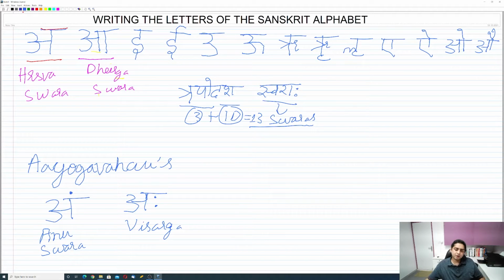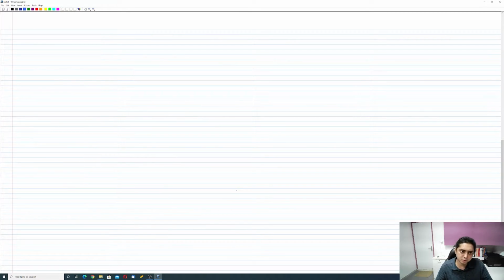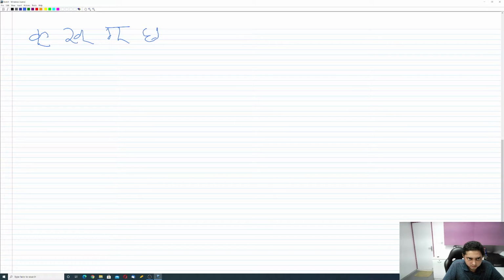So after the Ayogavahas, we go to the Vyanjanani. The Vyanjanani are grouped into 2 categories. One is the organized Vyanjanani and the other one is the unorganized Vyanjanani. The organized Vyanjanani are called Vargiya Vyanjanani. Vargiya means grouped. Avargiya Vyanjanani means ungrouped. So in the lecture given by Mr. H.S. Vijayaraghavachar, you would have seen that the Vyanjanas are introduced as Ka, Kha, Ga, Gha,